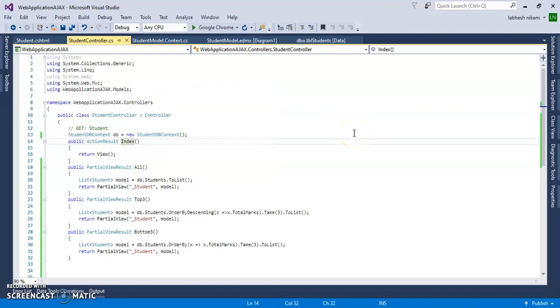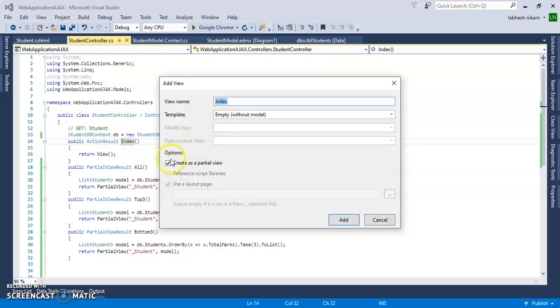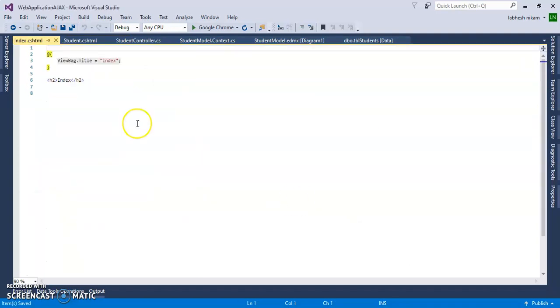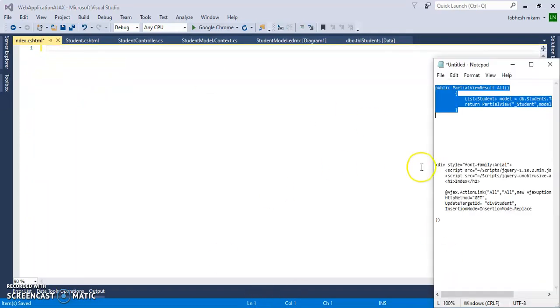I don't want a partial view, only a view, and this view will display all these partial views. So let's use empty without model, create the view page, and for the time limit I will copy the page from my code and write it.